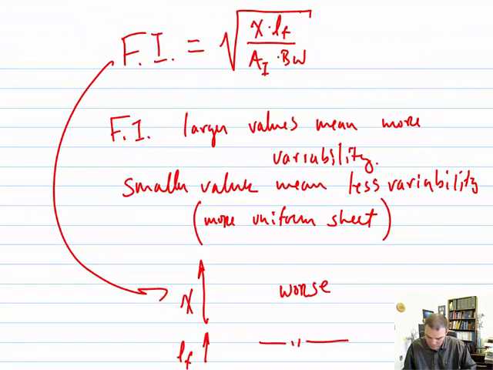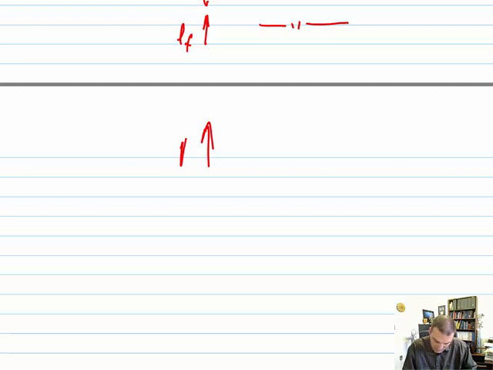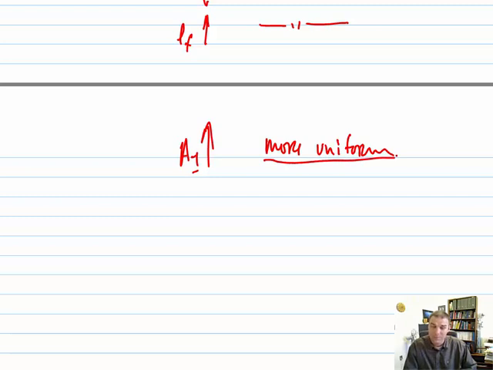What happens if we increase our area of inspection? Increasing area of inspection means more uniform, right? What does that actually mean, more uniform? If you really think about it, does anything change if we just start looking at bigger areas? Well, no, what that means is what we perceive to be. So we're going to measure these different basis weights. The bigger the area that we measure, the bigger our area of inspection, the more uniform the sheet's going